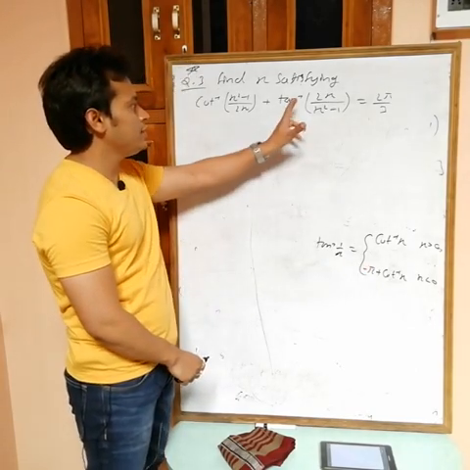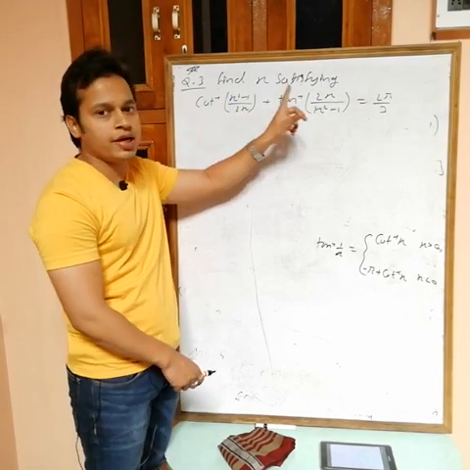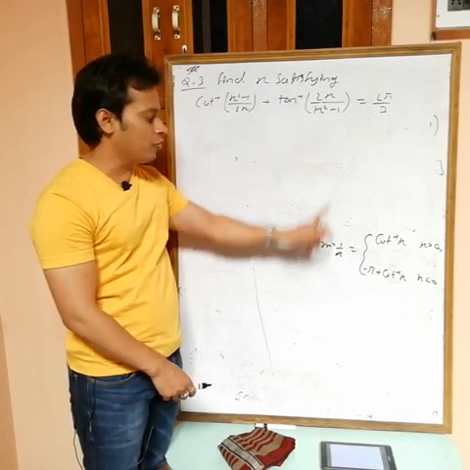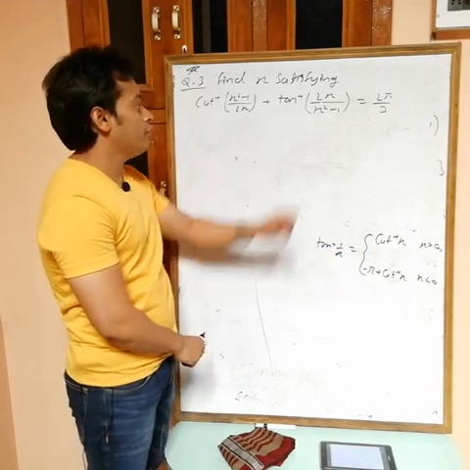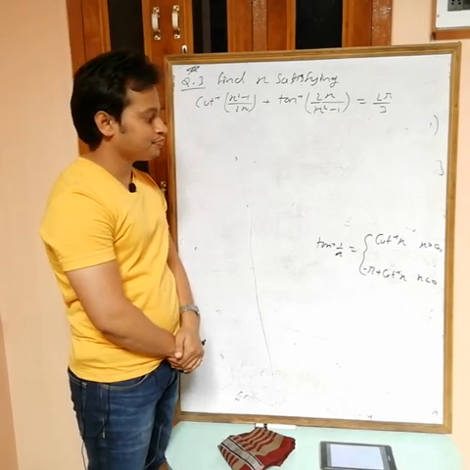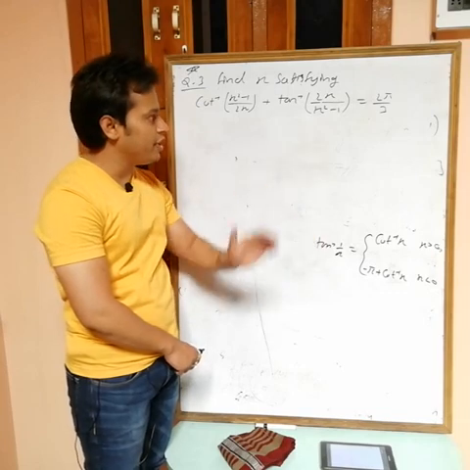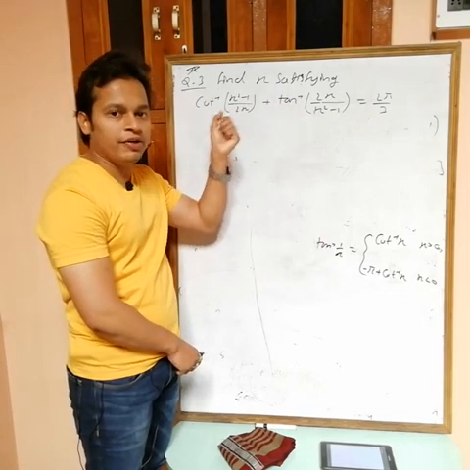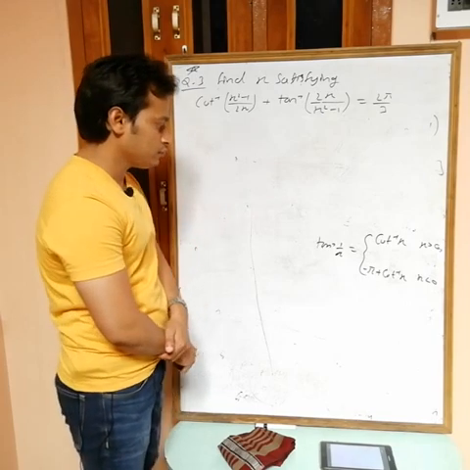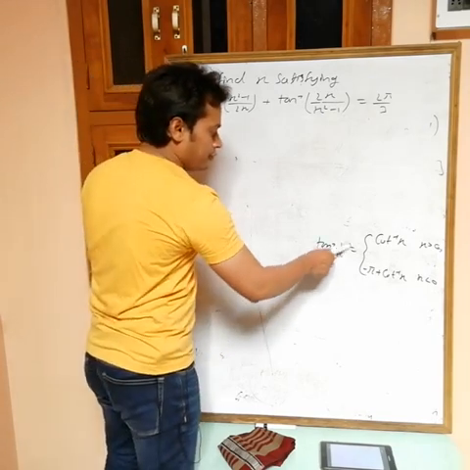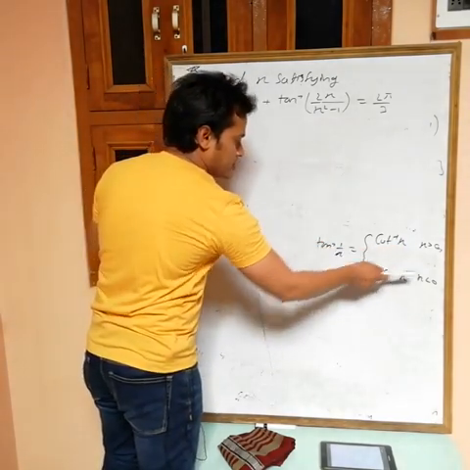Okay, I want to write this tan inverse in terms of cot inverse, because if this is 1 by x, then this is x. If this one is x, then this one is 1 by x now, and we have the formula of tan inverse 1 by x in terms of cot inverse x. So I want to write this one in terms of this one. Then I have to take two cases, because we have two values of tan inverse 1 by x. Either this is equal to cot inverse x or minus pi plus cot inverse x, and that depends on x. If x is positive, then this one. If x is negative, then this one.